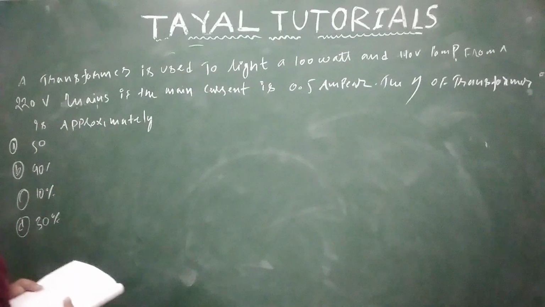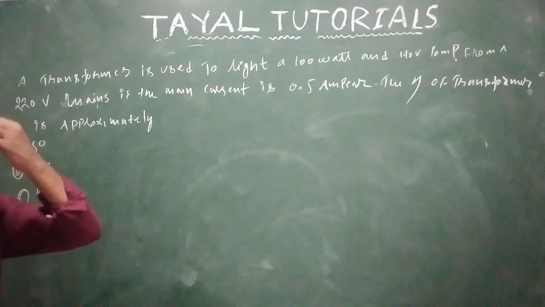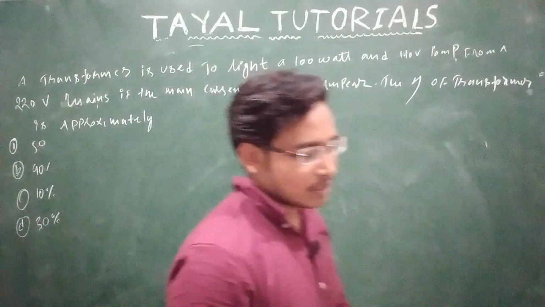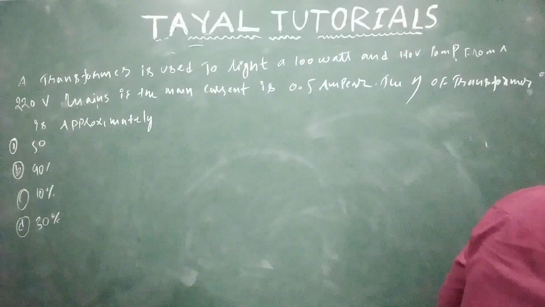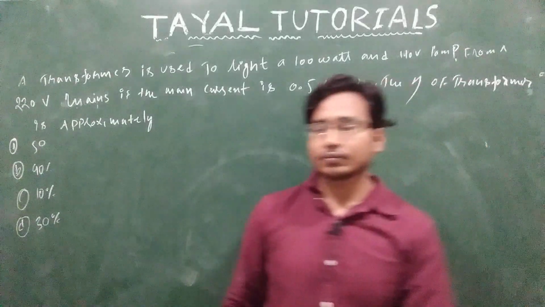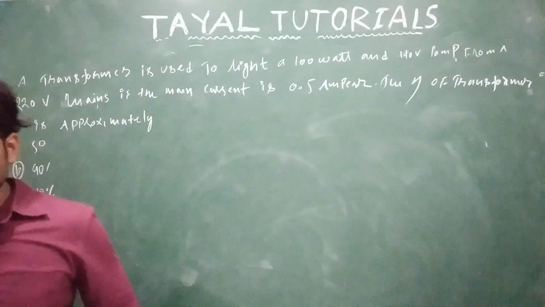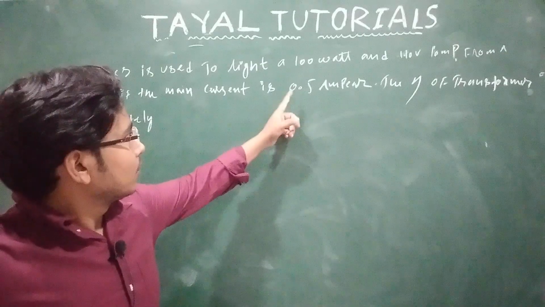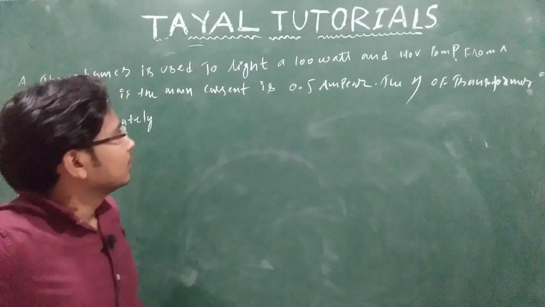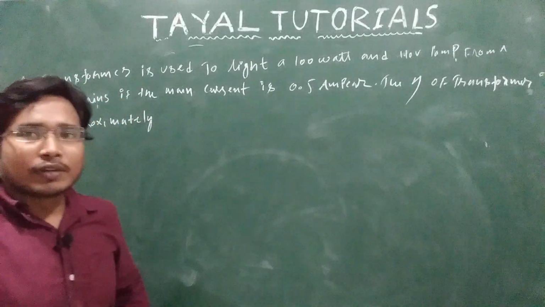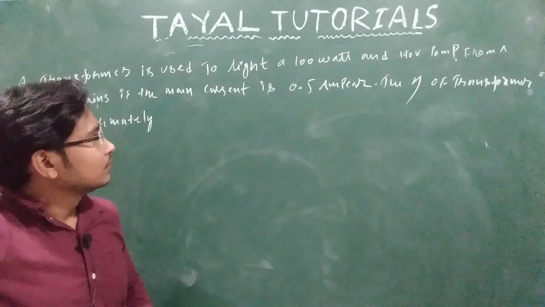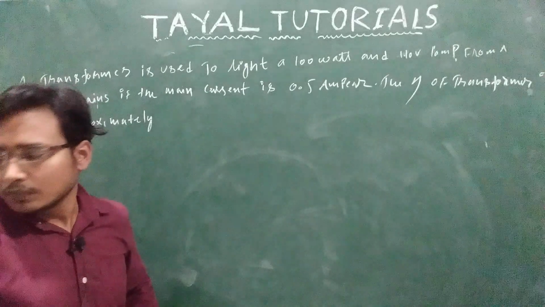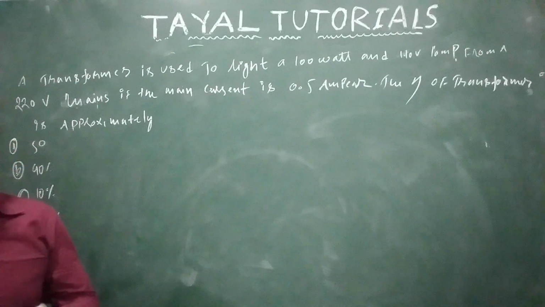Simple. If you have attended my class, you can simply tick that answer. Options are framed in such a way that you can tick that answer. Okay. See, the student who identified that 0.5, whether that is primary or secondary, that question will be finished at that time. Simple. They are asking the efficiency. Efficiency means what? Output by input. When you apply that formula, you will get the result.